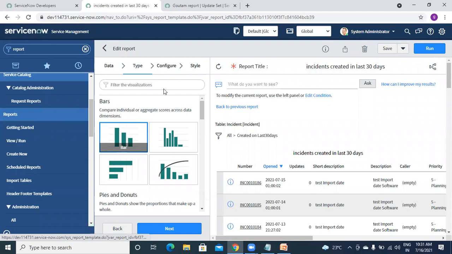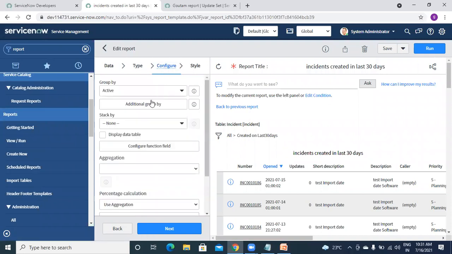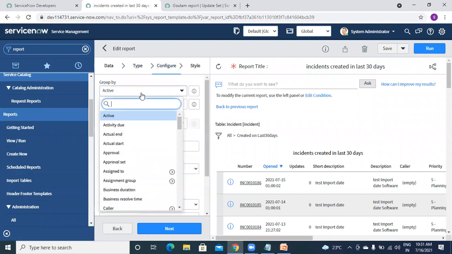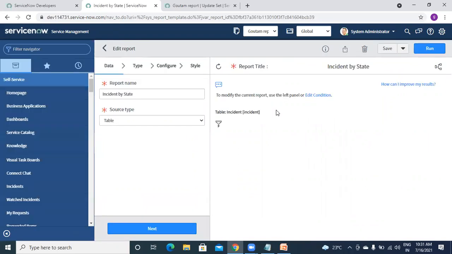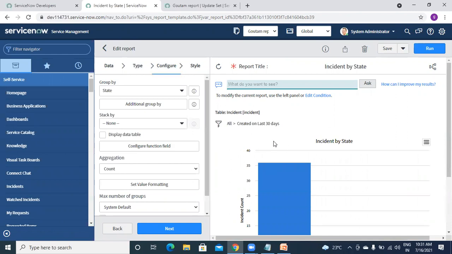Because I don't want that, I am again selecting something by myself, or else let me reload because we have not saved after that, right? So it will go back to whatever we have developed. Okay, so this was what we developed. So this is filter. Are you clear about filter, everyone?